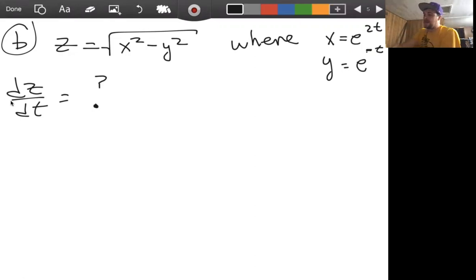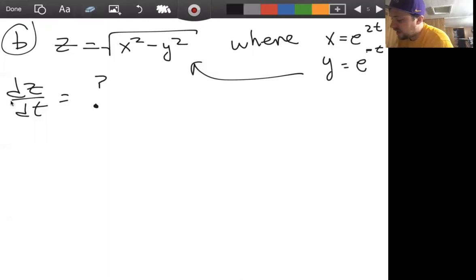And so here you can see if you were to sub in x and y immediately, like if you were to write this as a single variable function, then the derivative's not that fun, right? And so what we can do instead is